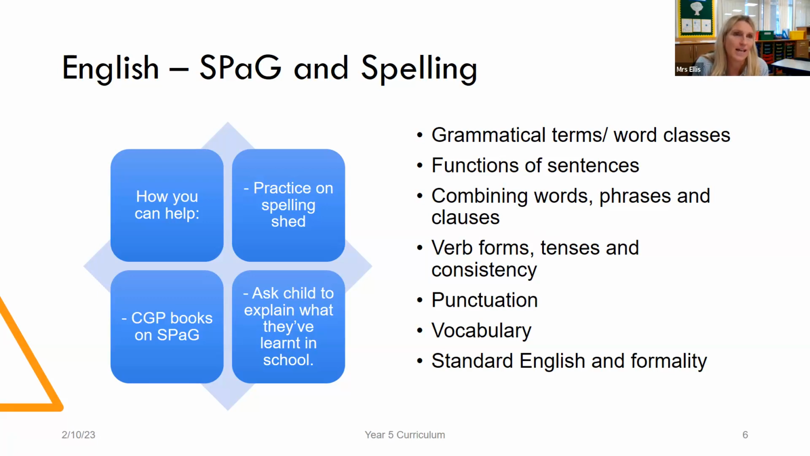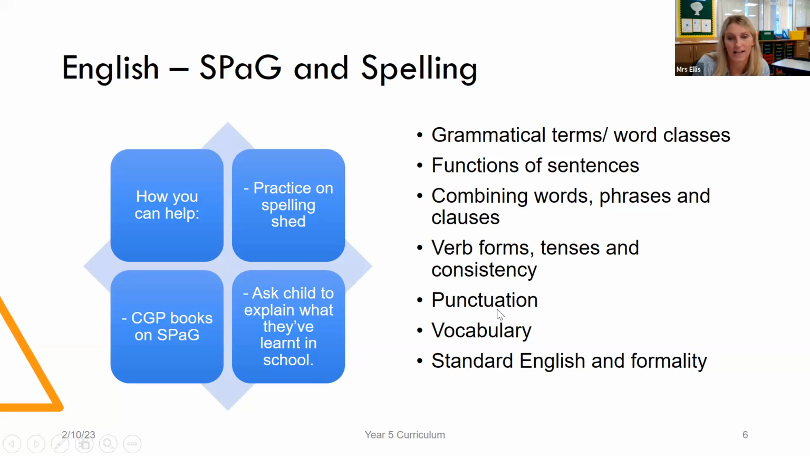So again, like today, we were looking at a diary together. They had to pick apart a diary that somebody had written, and we had to pick out what words showed us that the whole diary was written in the past tense. So they're doing this